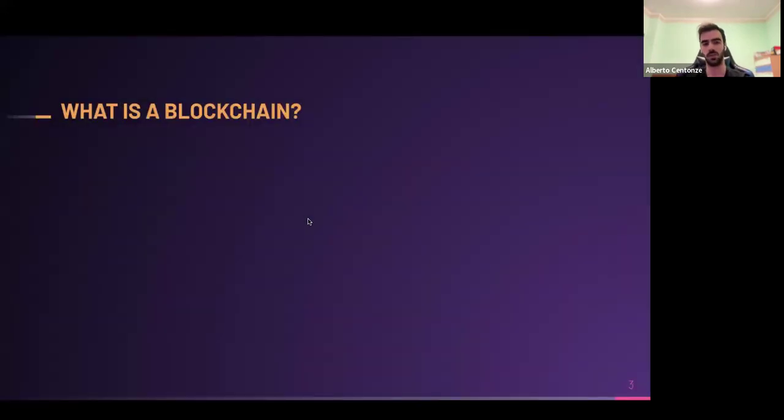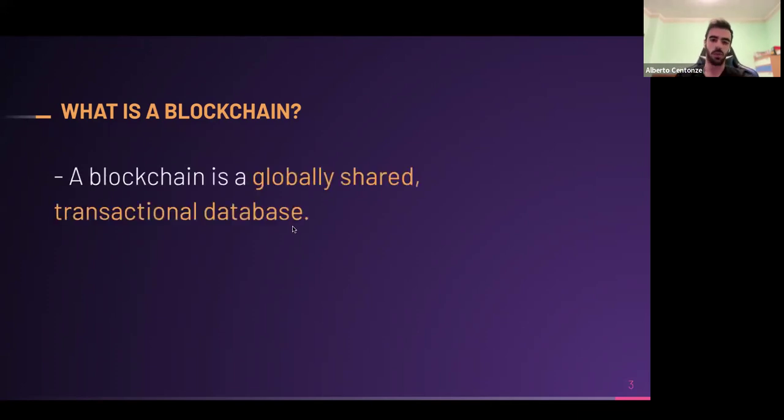It's going to be more about simple questions, like what is a blockchain? If you came to the Ethereum presentation, we probably already know this because we covered the topic a bit, but briefly, a blockchain is a globally shared transaction database. What does this mean? The blockchain is a database, so that's the keyword here, I guess. It's transactional because every single change you make to this database is done through what we call transactions.